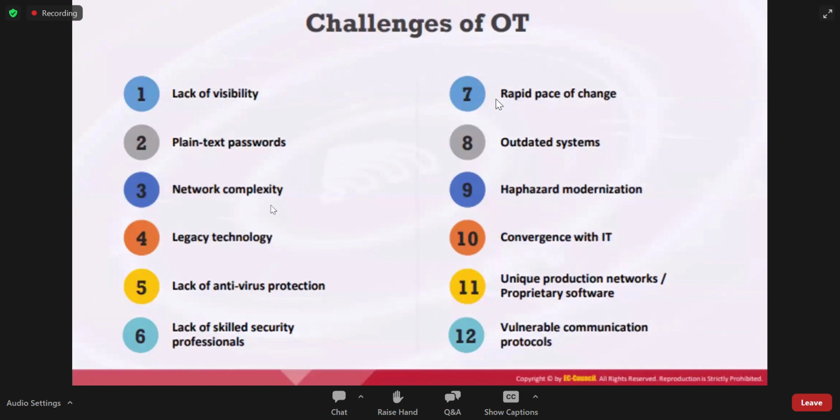Okay, and network complexity, legacy technologies, and lack of antivirus protection. We can't implement an antivirus in an OT. That is not feasible. And lack of skilled security professionals to maintain those OTs, and the rapid pace of changes in those devices. Outdated systems are also a challenge here.